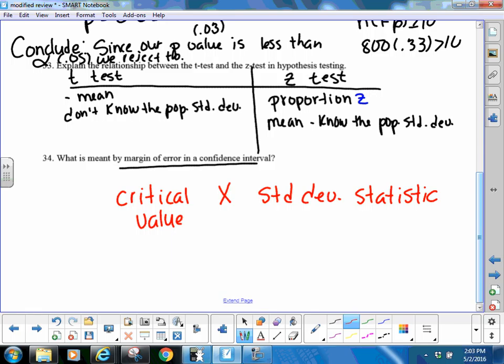And what is your critical value? It's your what or your what? Good. It's your Z star or your T star, and we do inverse normal to get those. And then it's the standard deviation of your statistic. Okay, good job. I'm very impressed with what